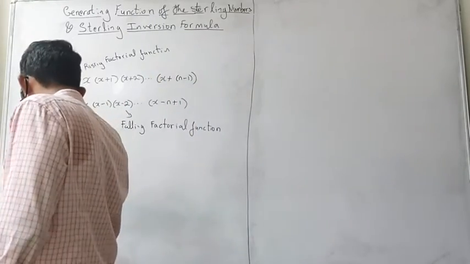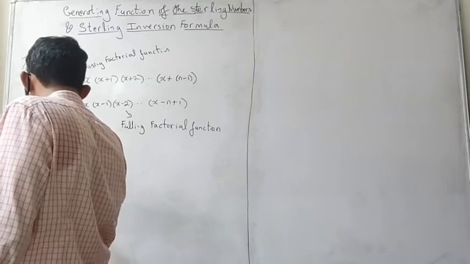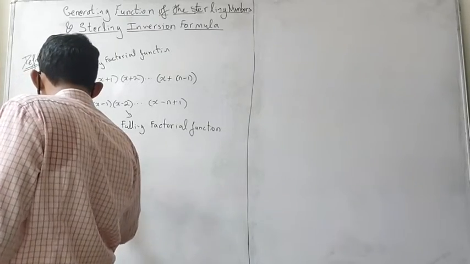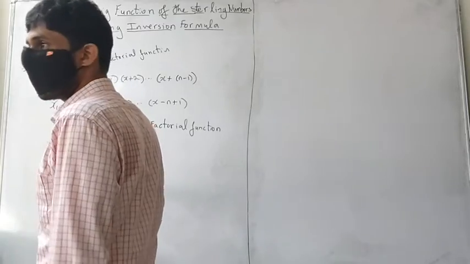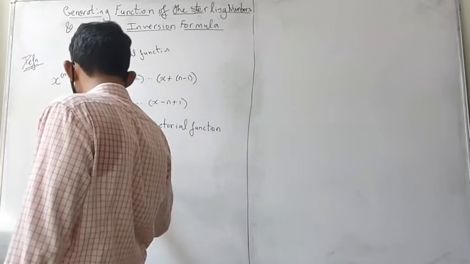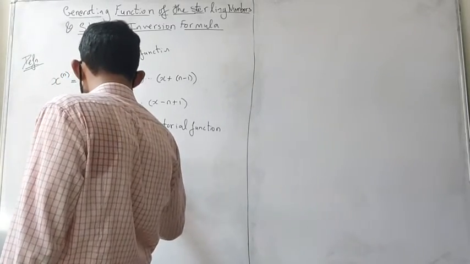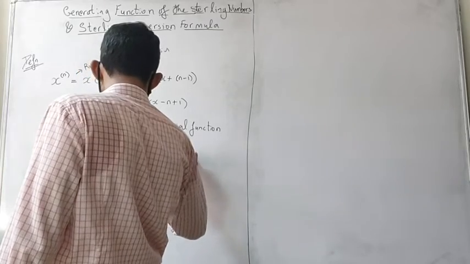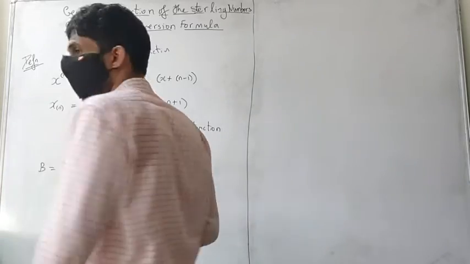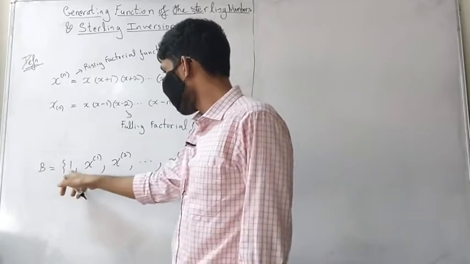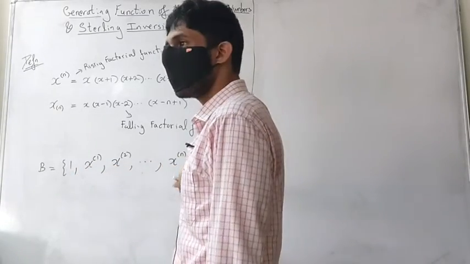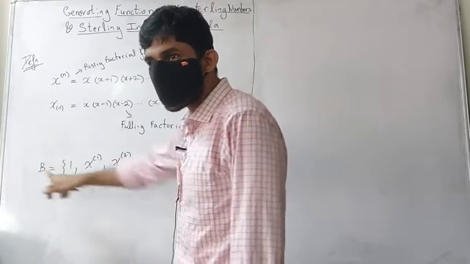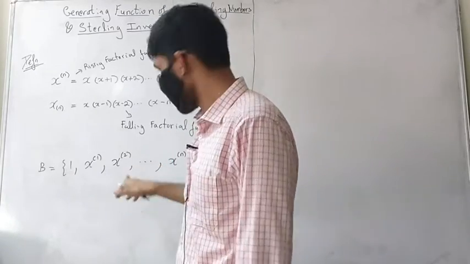Yeah, so I'm telling you, look at the set B equals 1, x, this is x1, a polynomial of degree 1, a polynomial of degree 2, up to a polynomial of degree n, right? Constant, then degree 1, 2, 3 up to n. So this is going to form a basis because it's linearly independent.